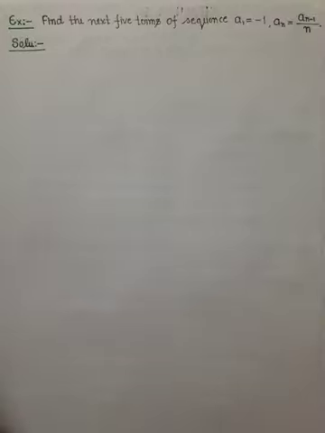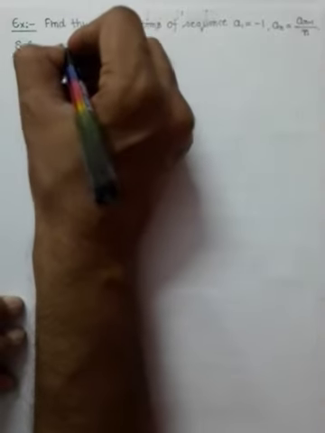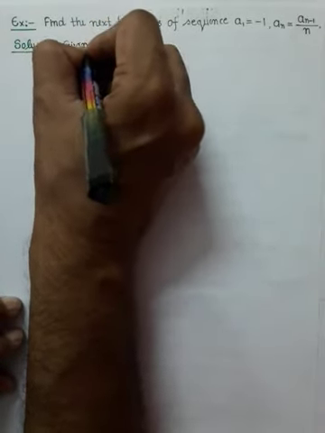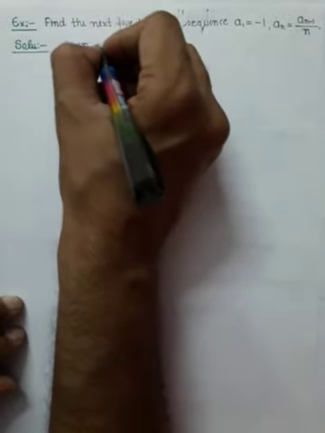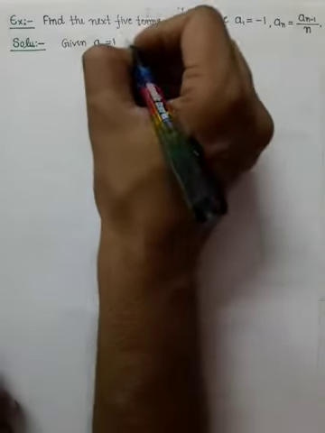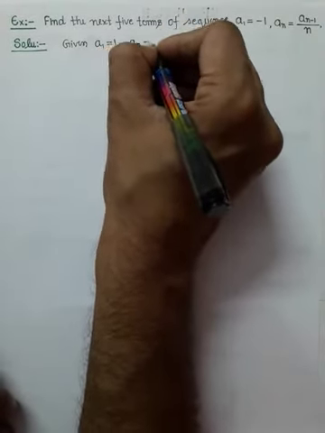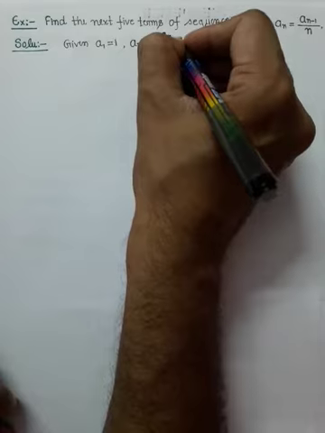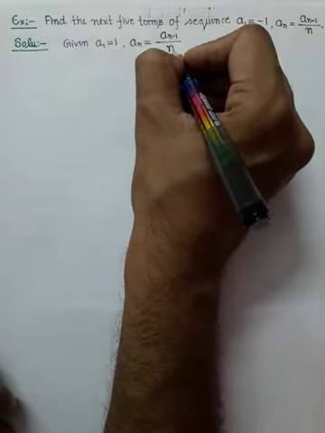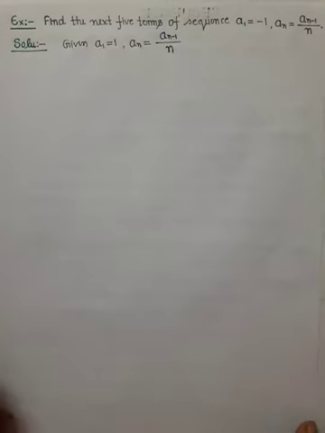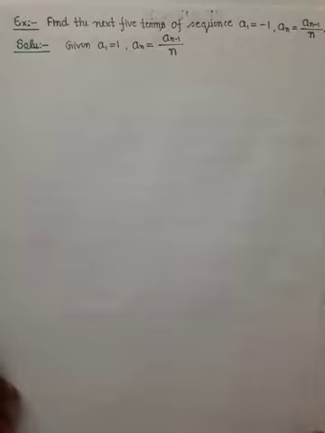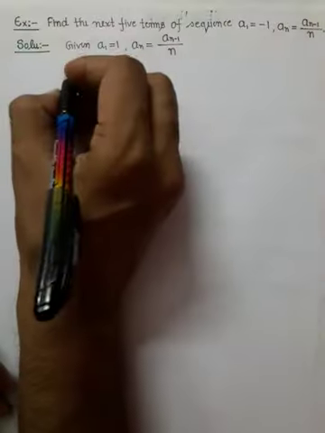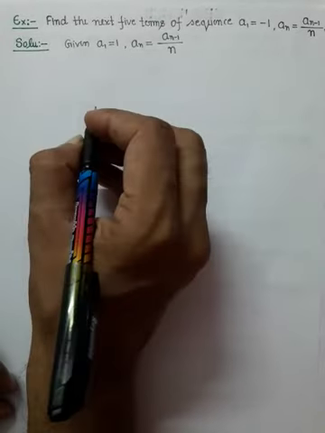So first we will write down the general term. So here the general term is given as a1, that is of course -1, and after that the value of the general term is given as an is equal to a(n minus 1) over n. So of course we have to find the next 5 terms, हमें यहाँ पर find करने हैं. So next 5 terms means we will start from a2. So we will put here values of n as 2, 3, 4, 5 and 6.